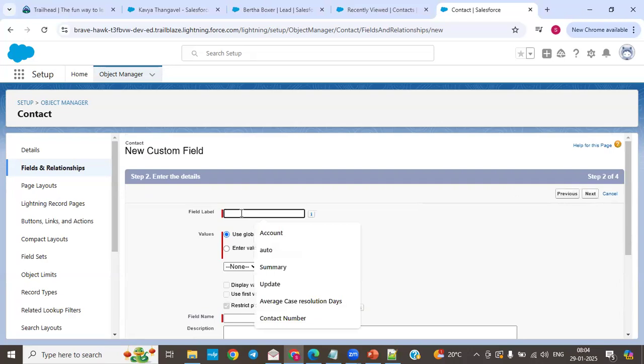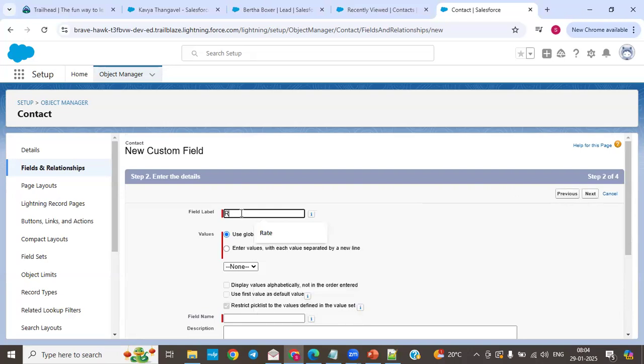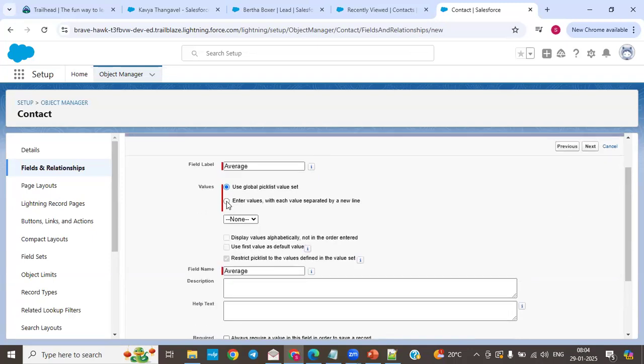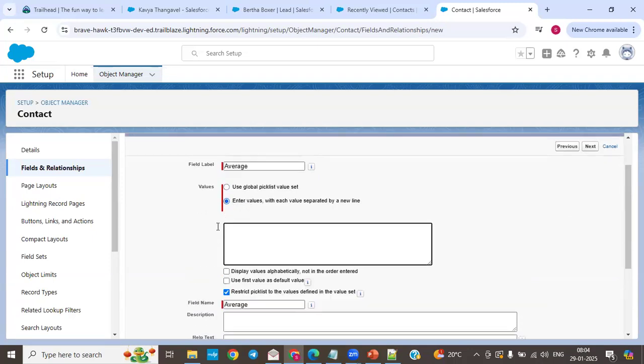I'm just giving some number. We give it as average. And then we use the values separated by different lines. So here we can use values like